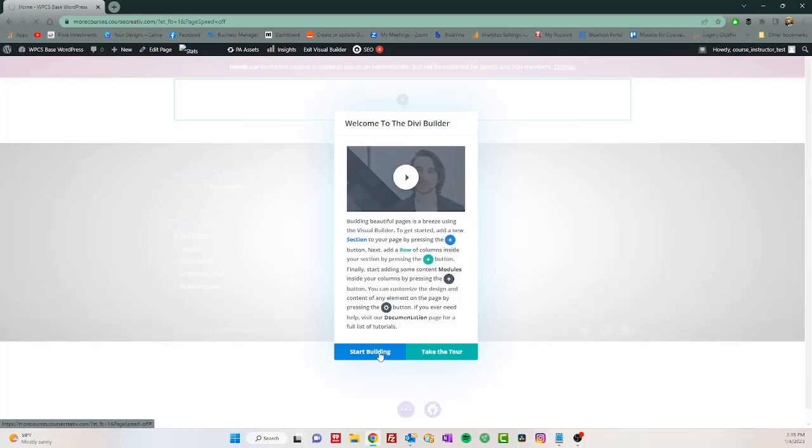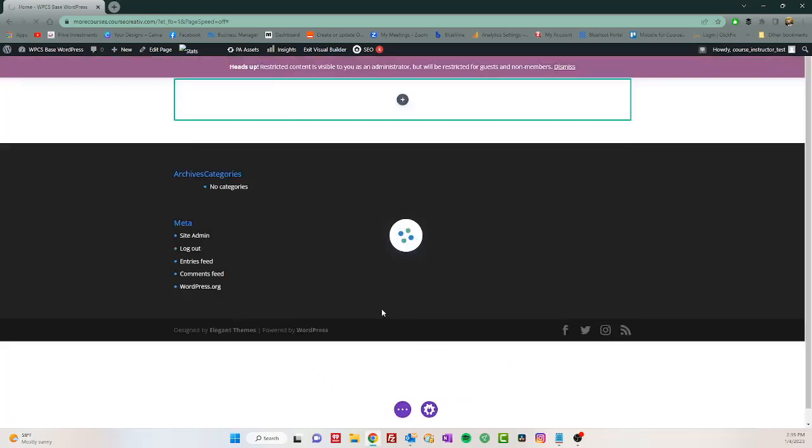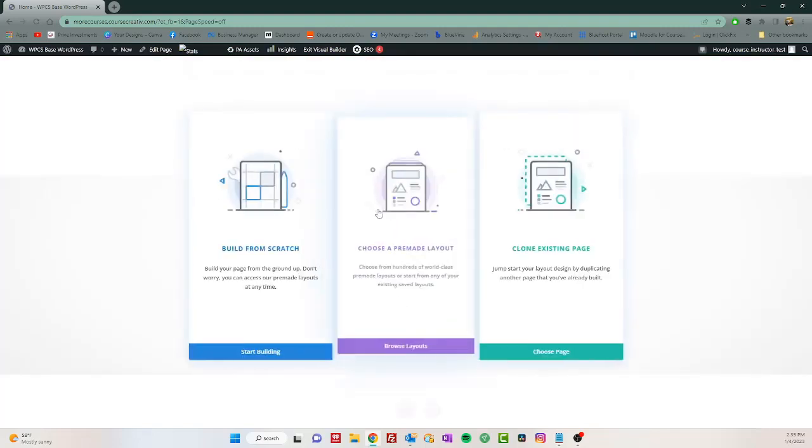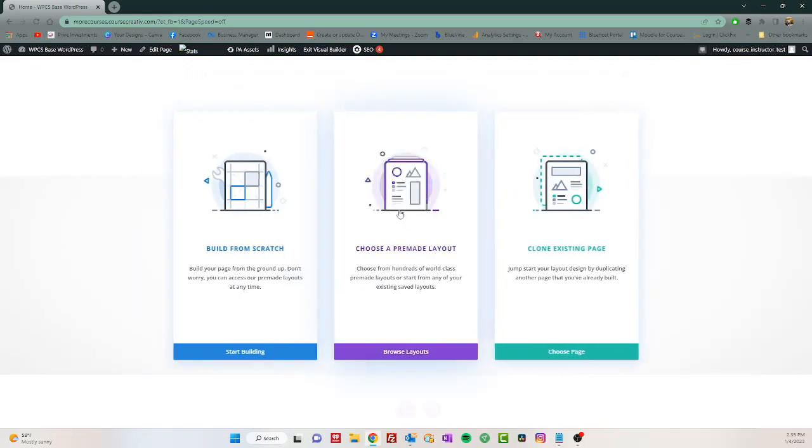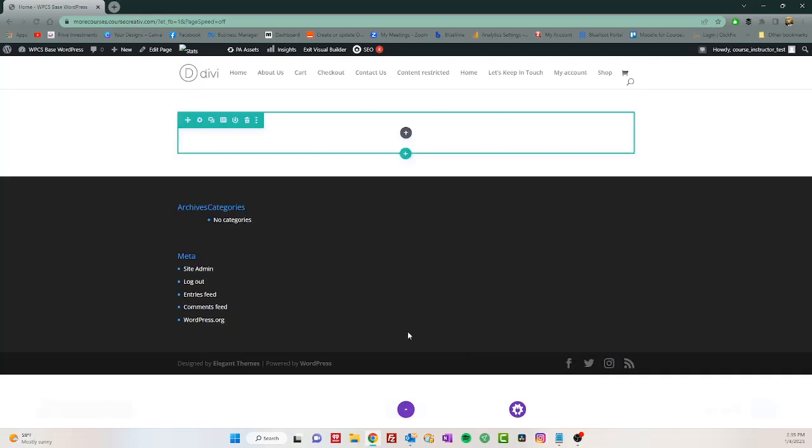Alrighty, so we'll click Start Building, and you can take the tour if you want. I'm so used to using this, but I would advise clicking the green button that says Take Tour, and it'll walk you through a couple things. Once you're done with that, you'll come to this screen, and you'll select Choose a Pre-Made Layout. So we'll choose a layout,